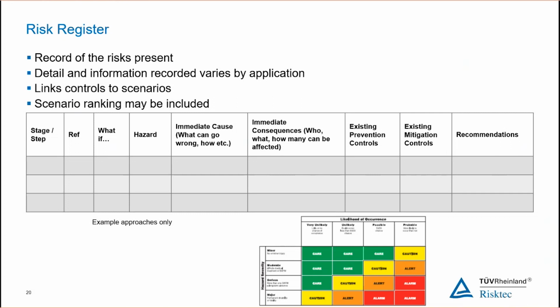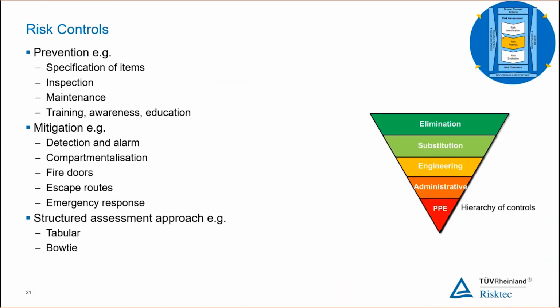So we can look at the risk controls, as I've mentioned, as part of the hazard identification exercise, and that might be what we look at at that point. We can also use the bow tie method, which I'll come on to in a couple of slides. But once we've identified the scenarios, we need to be looking then at the controls that we've got in place, this key part within the risk analysis part.